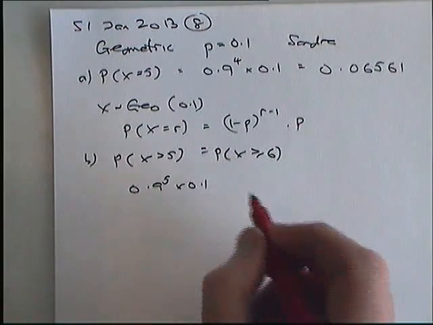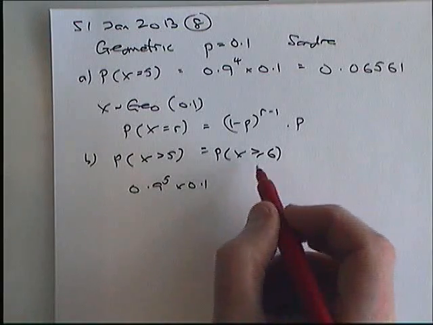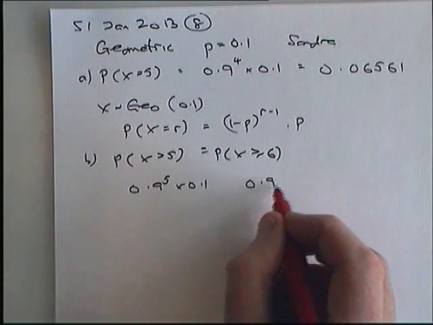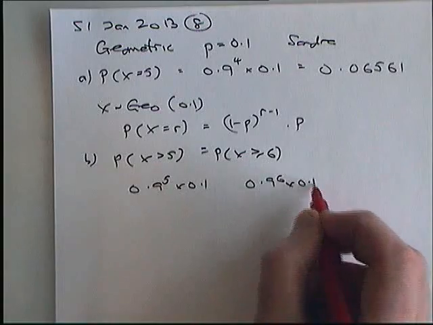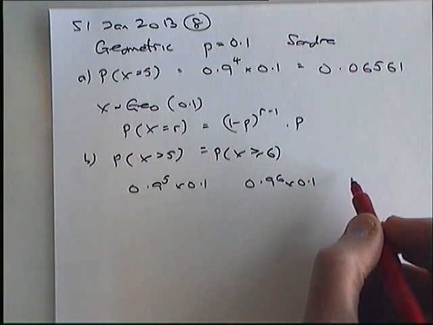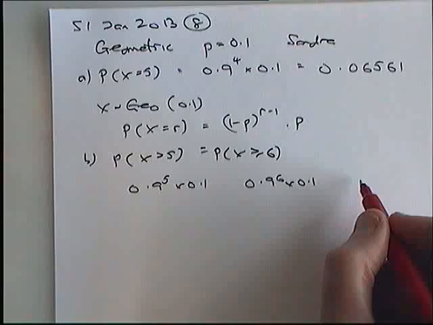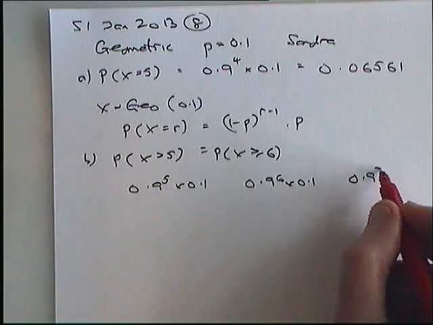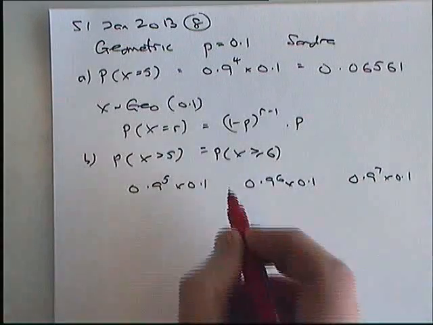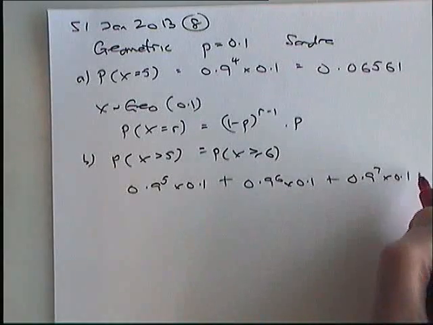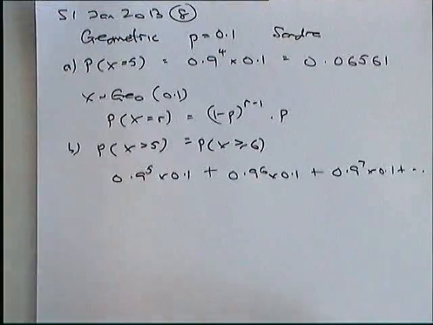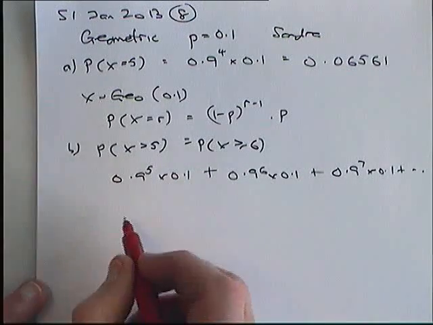That's x equals 6. X equals 7, which would be the next one we would include here, is 6 failures and then a success. Then it would be x equals 8, the 8th time is her first success. So that would be 7 failures and then a success. And what we're doing is adding those up forever. It's a sum to infinity. And you should know that if you have a sum to infinity,